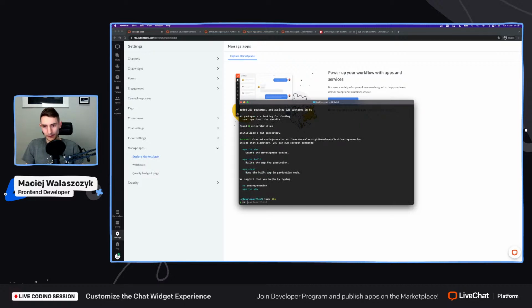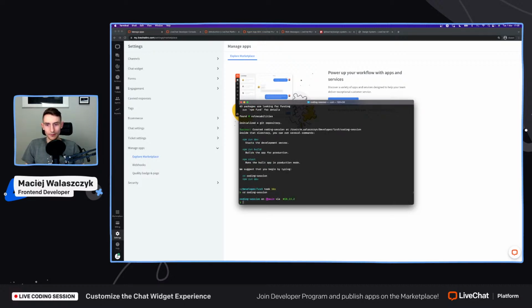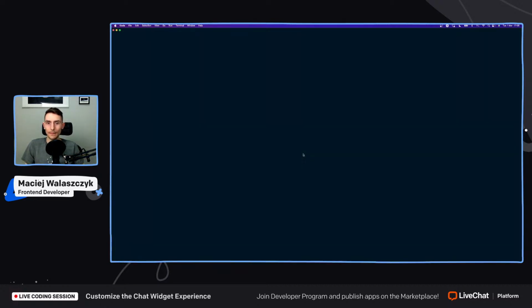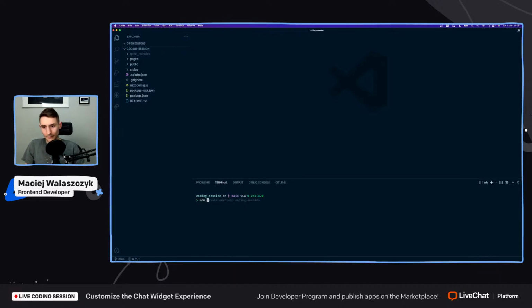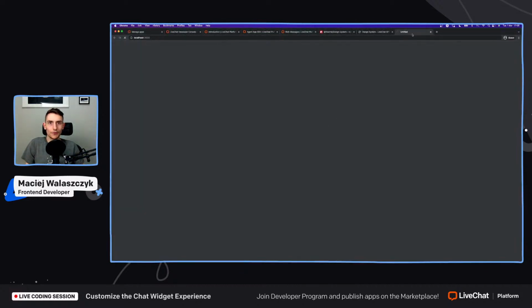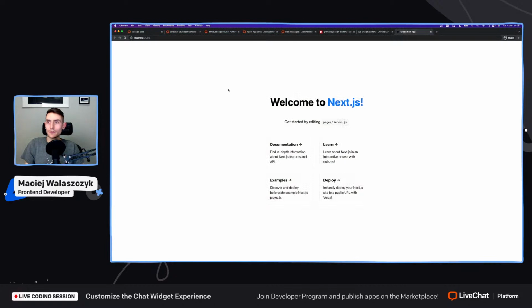All right, so we are going to cd into this project and open it in the editor. I can actually close the terminal now, and we have here a new bootstrapped Next.js application. I will run it quickly. Just switch the Node version. All right, so we should be able to see the application on localhost 3000, and it is the bootstrapped